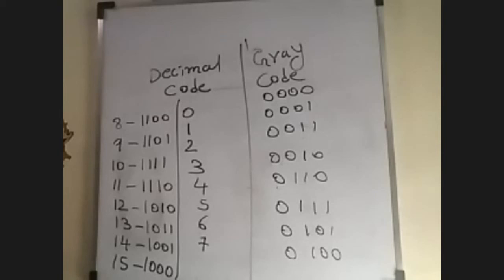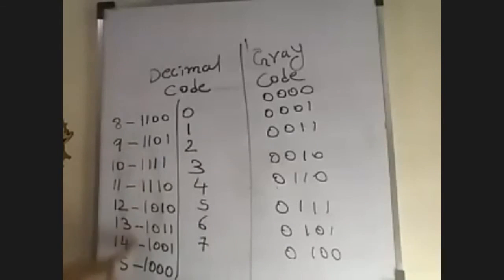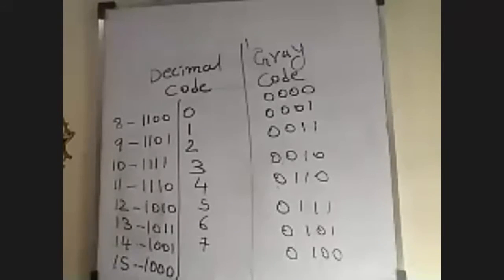So the 0 to 7 values we can reflect. Those values will come under 8 to 15 values. So in place of this first bit position, we can place 1 here. Is it clear? So that is the reflective code property. That's why we call gray code a reflective code. Do you have any doubts regarding gray code and excess-3 code?